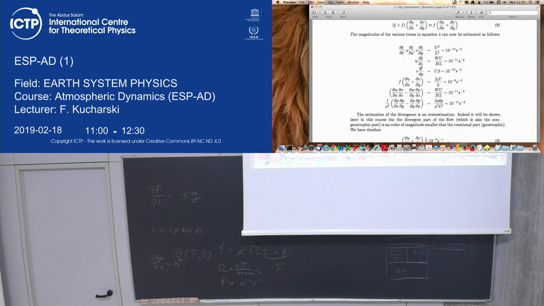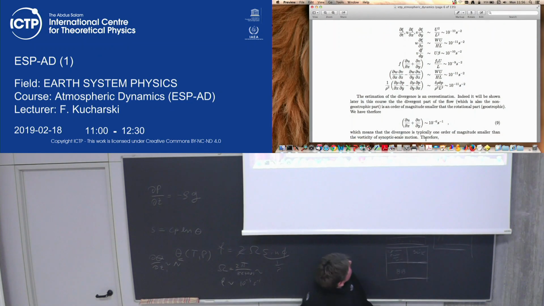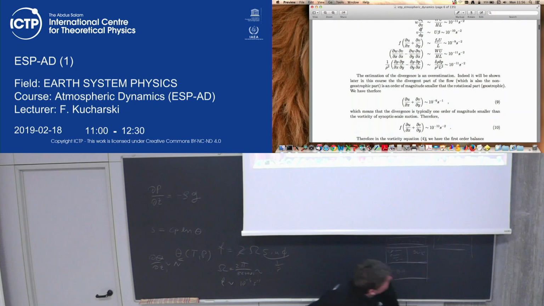So our divergence doesn't scale like the vorticity, like we would estimate as 10 to the minus 5, but it scales as 10 to the minus 6. That, again, we can derive from observations, but even knowing that our flow is mainly geostrophic, this is the outcome. And with that, okay, we have terms that balance. So then the important terms would be,